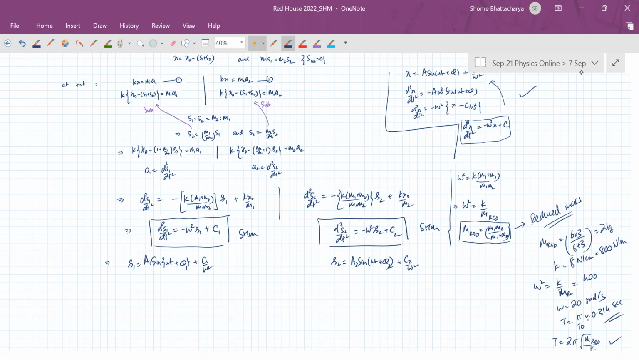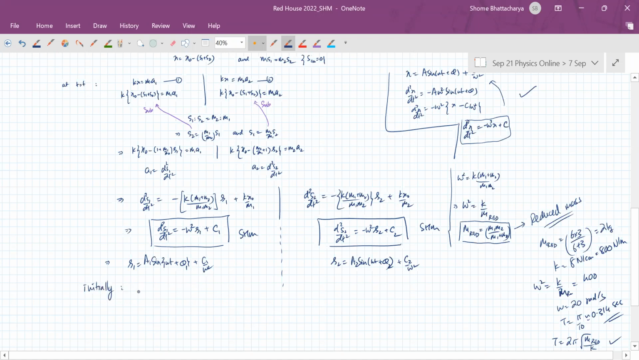Okay. So notice that S1 is the displacement of M1 away from the center of mass. And S2 is also the displacement of block M2 away from the center of mass. So if I get S1 and S2 in phase, then you can understand that synchronization is also happening. Okay. So now you can see that initially,